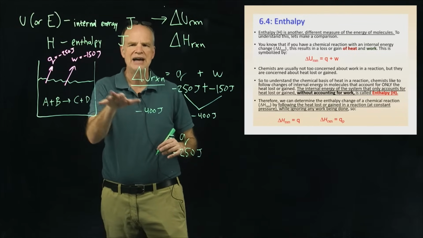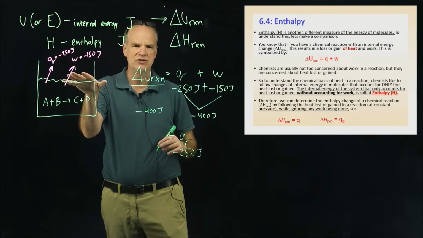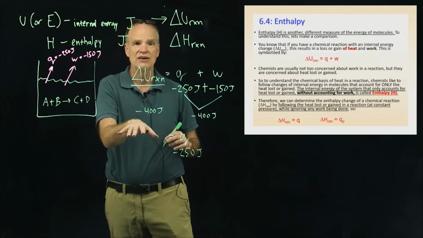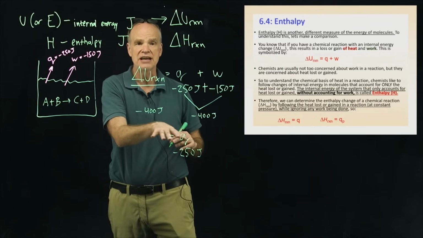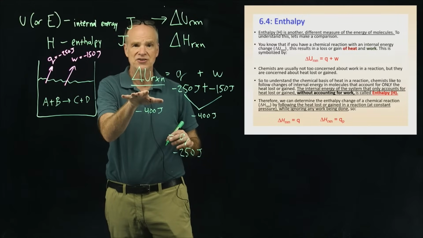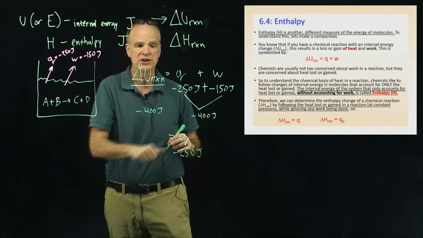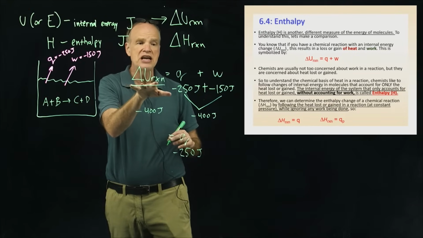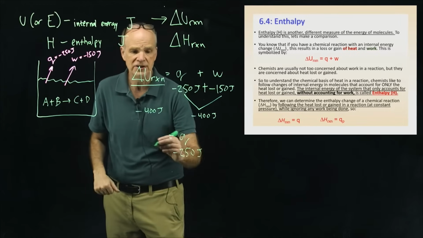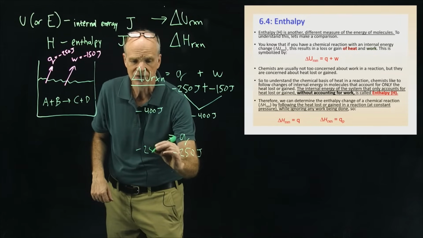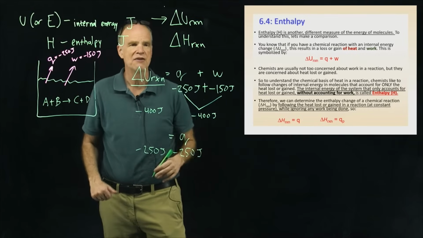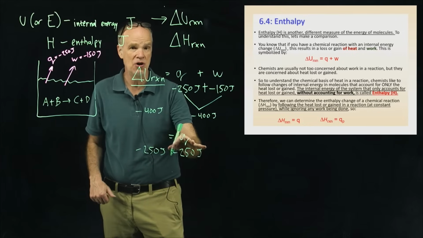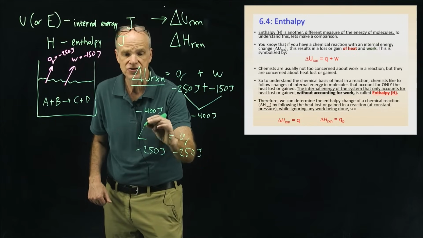Well, you can see that if the total change of internal energy of this reaction accounted for heat and work, not all of the internal energy change is going to account for heat. It's going to be a fraction of the change of internal energy. Of the negative 400 joules of internal energy change that accounted for heat and work, only negative 250 joules will account for heat. Well, that fraction of the internal energy change that counts only for the heat is called the change of enthalpy